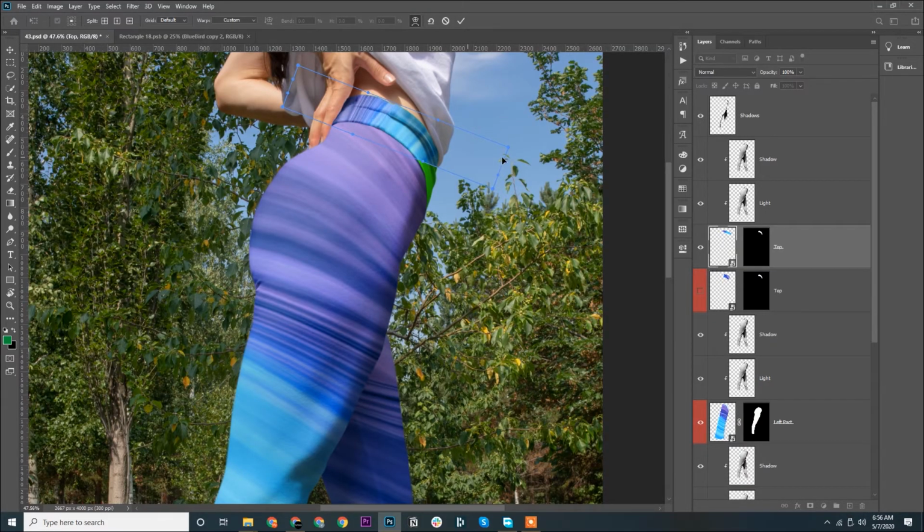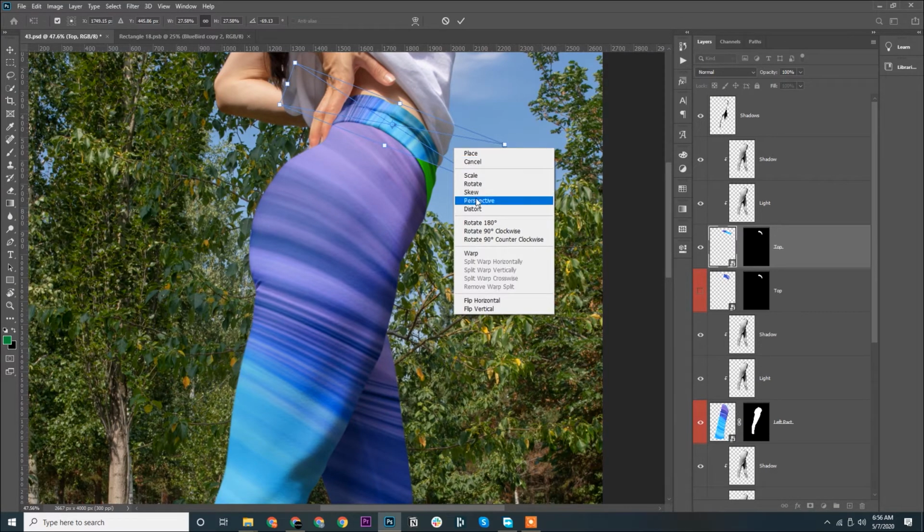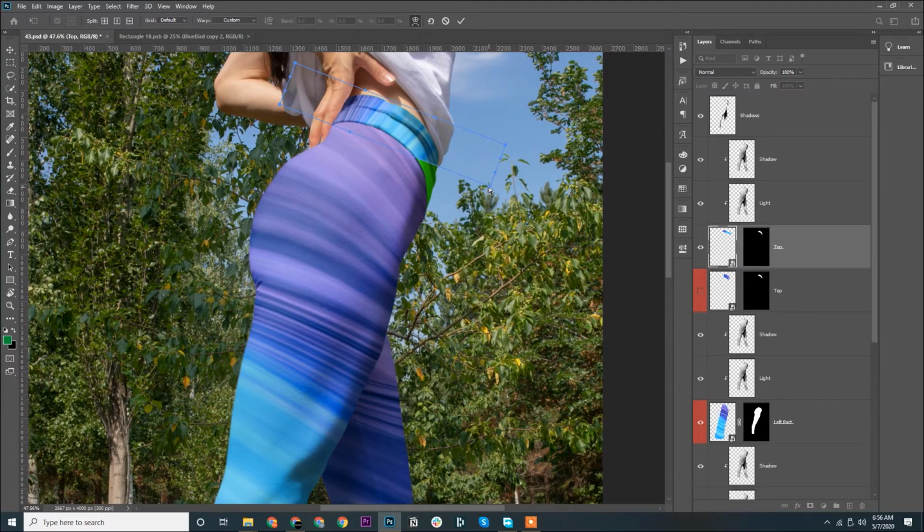So this one is our file. Now we'll try to warp this to this setting. We'll go to warp, perhaps.